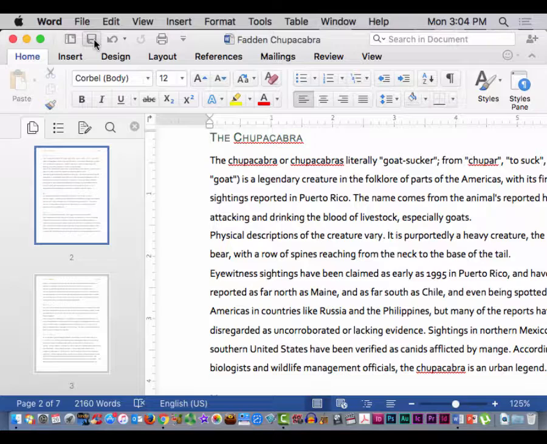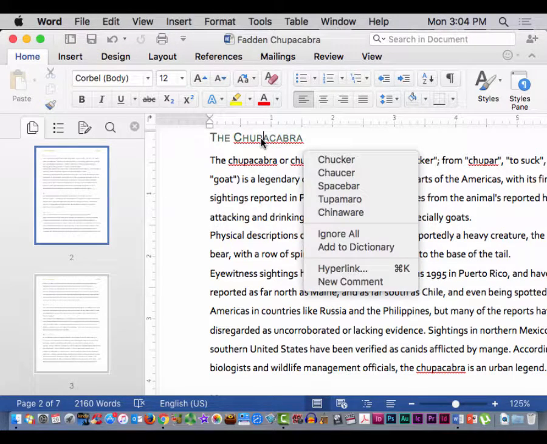And what we need to do now is you'll note that you have a whole bunch of underlined red words. So if you right-click under Chupacabra, what we're going to do is we're going to add that to the dictionary. And you'll note now, every instance, if we click Add to Dictionary,